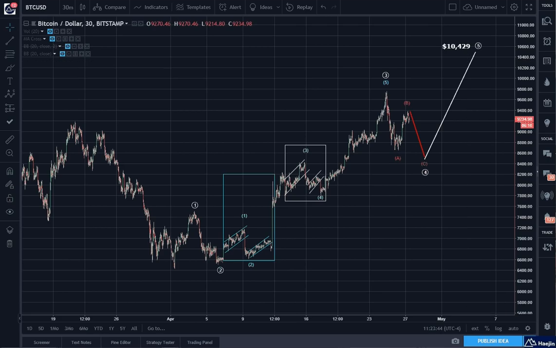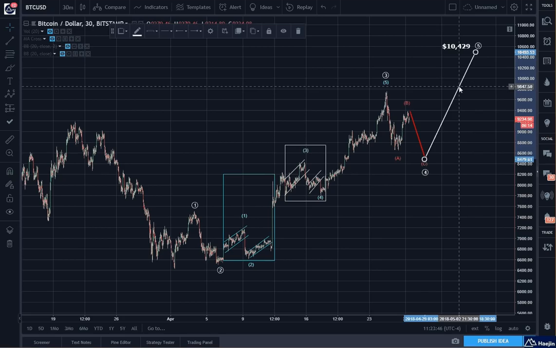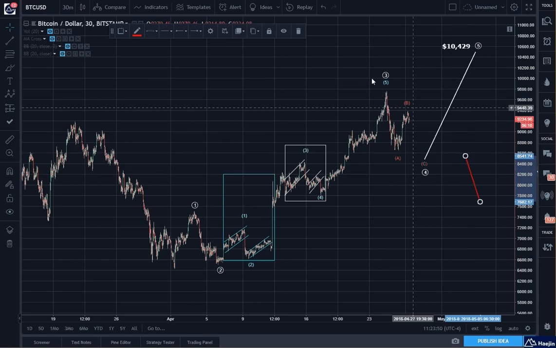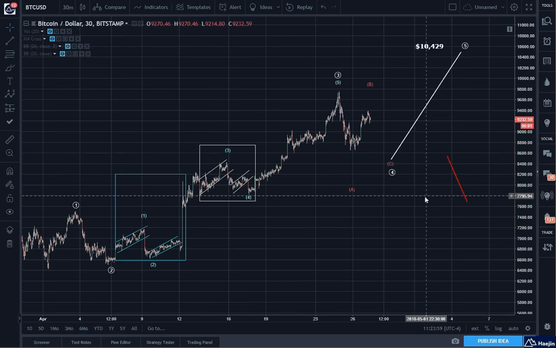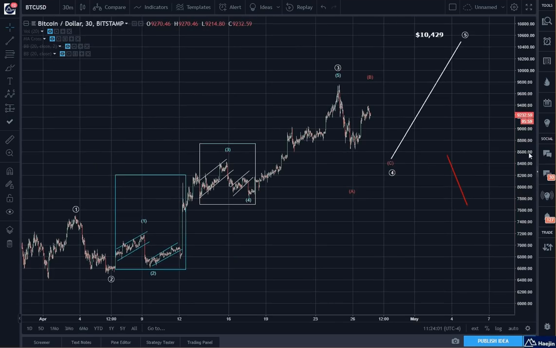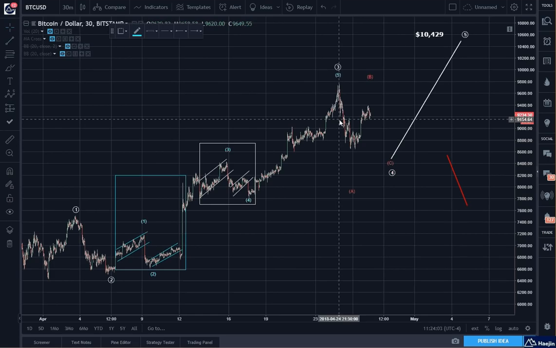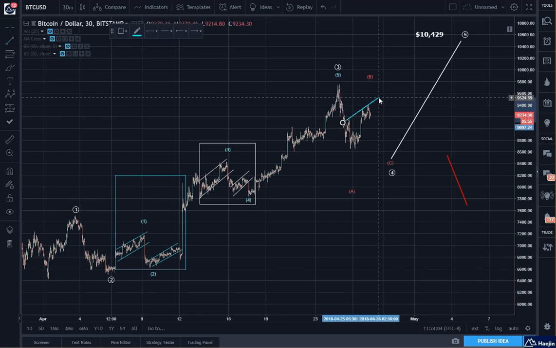Now, if I move this for a little bit, there is clearly a bit of an upward wedge pattern that can be seen right here.